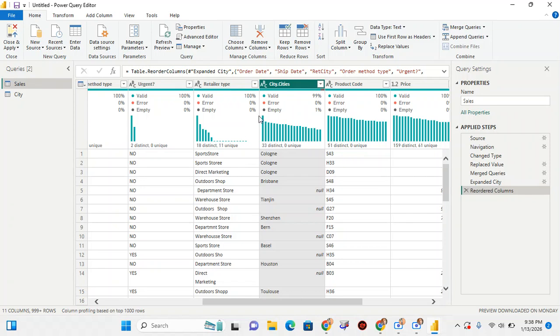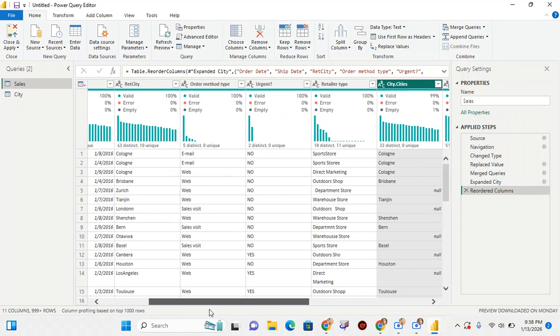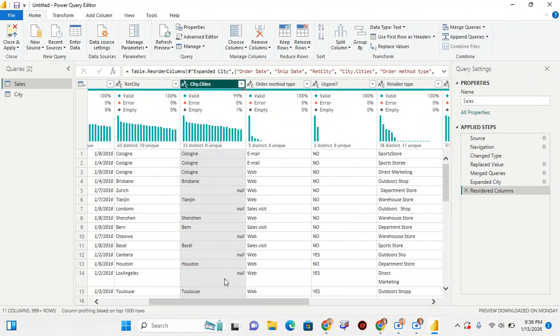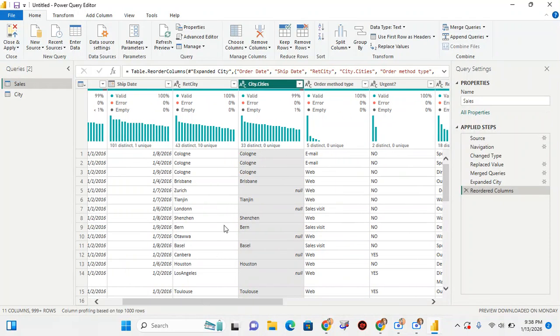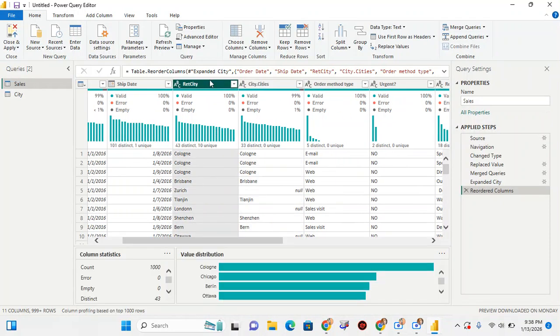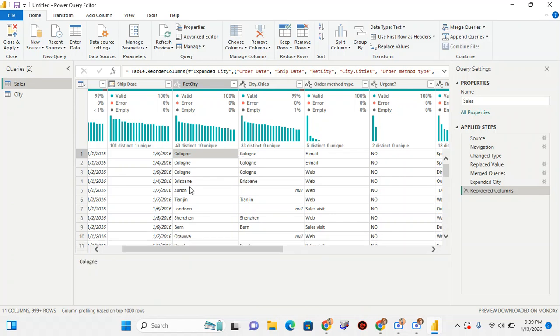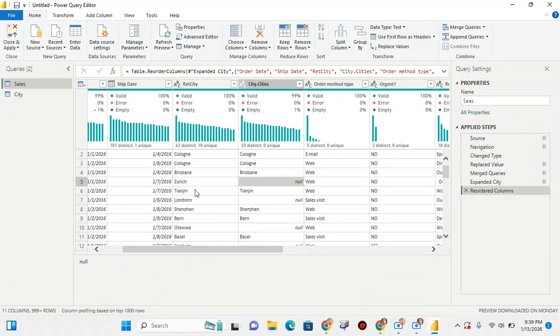So now if you check, I want to bring this beside the city. This is the one that we merged, Cities dot cities. I want to bring it beside this red city here. Now if you compare, this is the one that was in the table initially. This is the new one that we merged. If you check, we have Colon, we have Brisbane, we have Zurich, but then this one is saying null. Then we have Tianjin, we have London, it's telling us null. So what we're going to do is